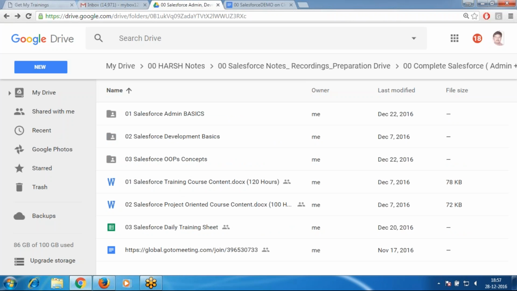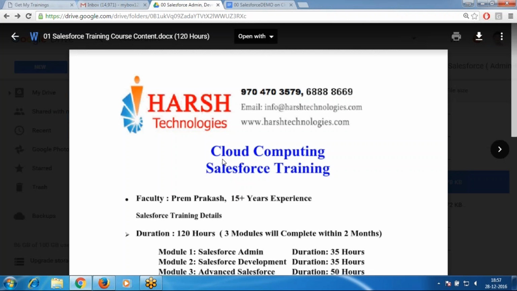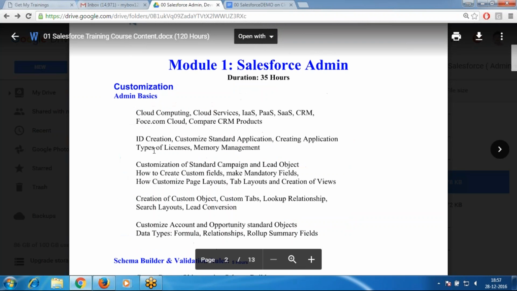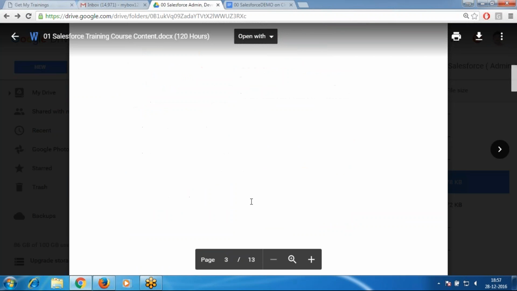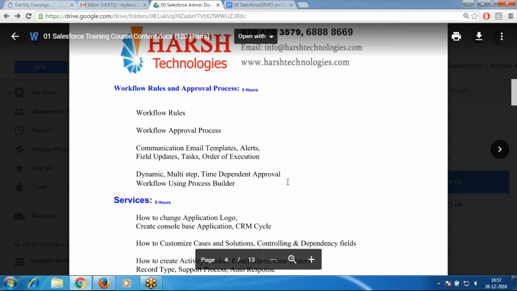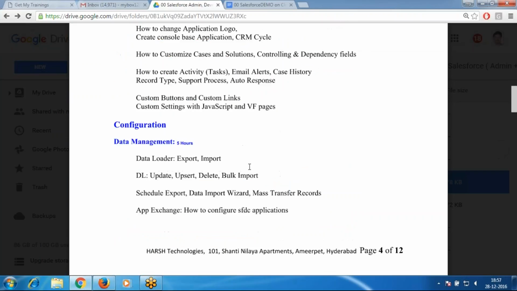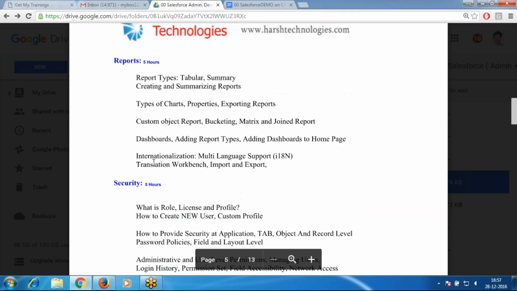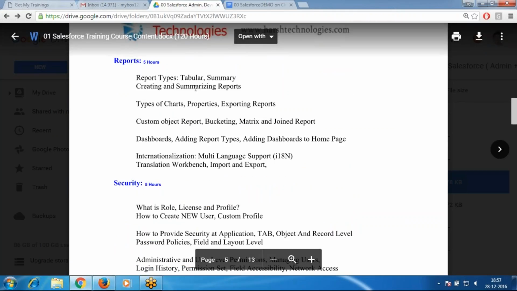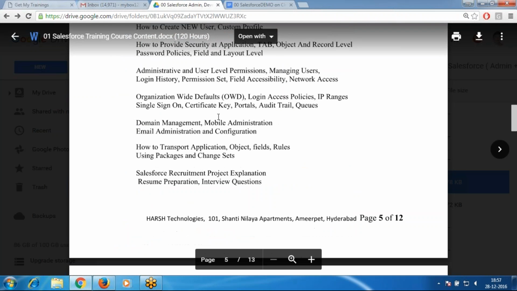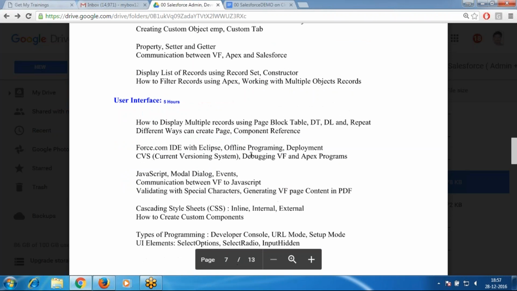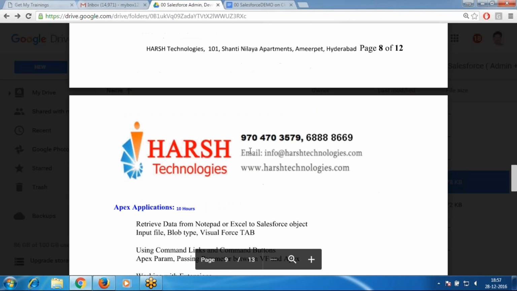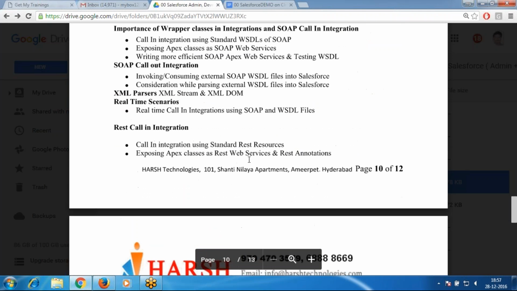And our training is 120 hours. In each 1 hour, what we discuss is on an hourly basis. In each week, 5 hours of class, we discuss the concepts. Workflow rules are a 5-hour concept, weekly 5 hours, data management 5 hours. So every week there will be a topic, a chapter. In that chapter, we cover the topics we'll be discussing. Development basics, Visual Force, and Apex programming are there. So all this 120-hour detailed discussion covers the topics to be covered here.